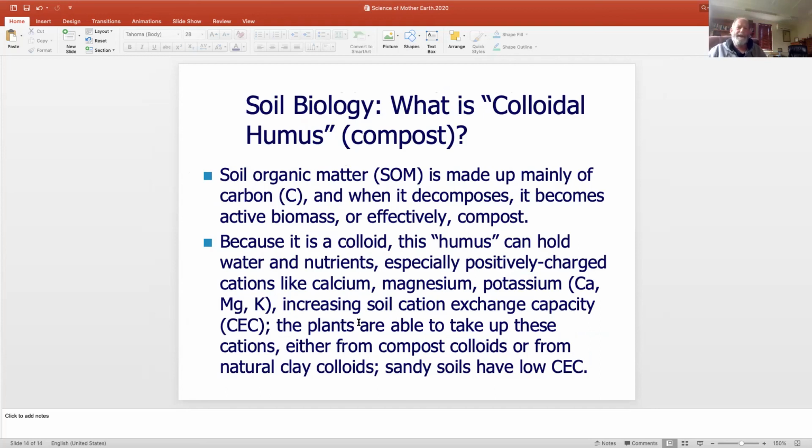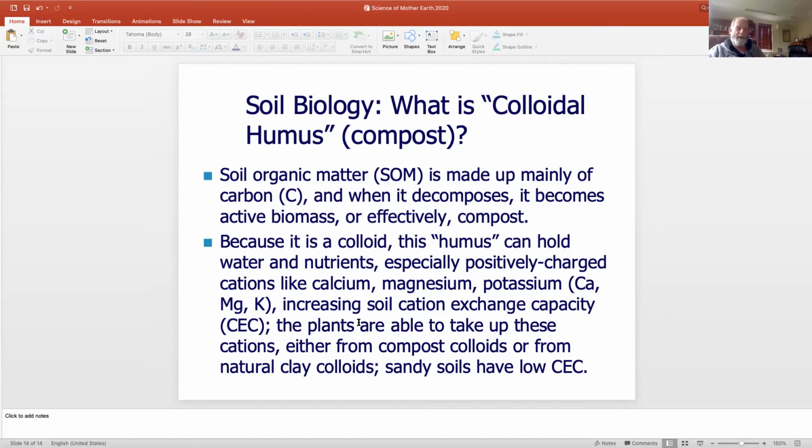which is made up mainly of carbon. And when it decomposes, it becomes active biomass or effectively compost. So we may make the compost in a compost heap, or we may have our earthworms eating dead roots and turning them into colloidal humus. What comes out of the back end of an earthworm is some of the best compost that you could hope for. So whether it's a red wriggler in your compost, or whether it's the